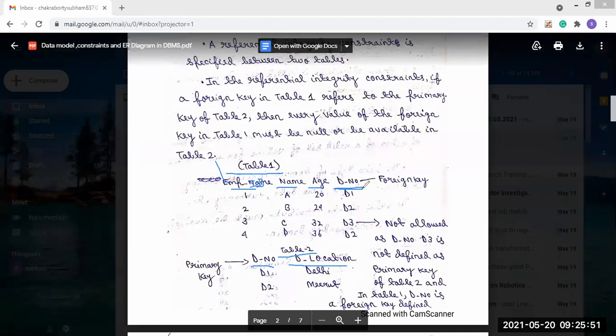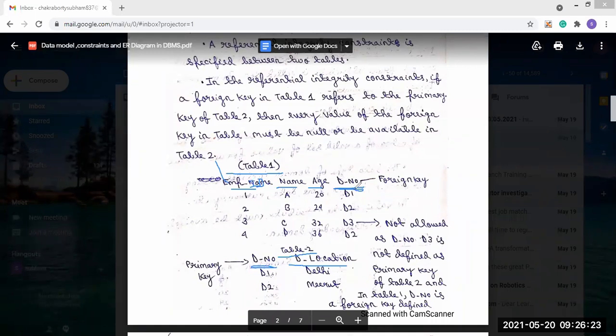In DBMS concept, we know there will be a relationship between the two tables. This is relational DBMS, so the two tables must be related to each other. So how can the relation take place? In table 2 also the department number is present. But in table 2, department number is the primary key.